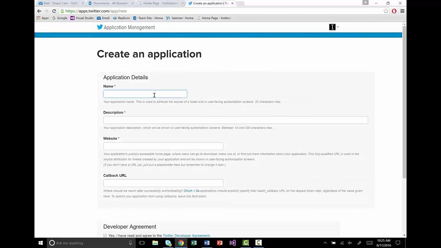And then here you'll be prompted with name, description, and website. So name, it doesn't really matter what you name the app. For this, we'll put Institute Setup. Then description, doesn't matter as long as it's over 10 characters long. So we'll enter, this is a test institute app